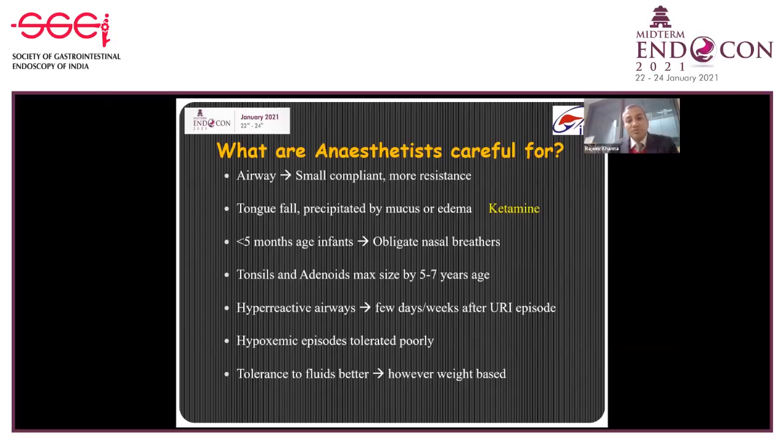In infants under 5 months of age, we should be aware that they are obligate nasal breathers, and up to 5 to 7 years of age, there are more chances of tonsil and adenoid hypertrophy. So there is more chance of airway obstruction. Children may have hyperreactive airway, either as part of bronchial asthma, or which may be precipitated by an upper respiratory